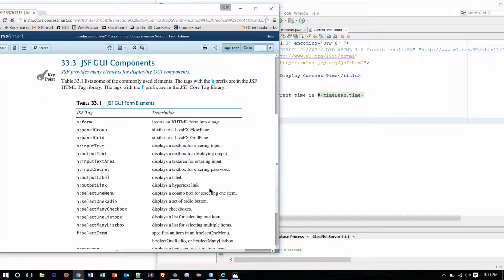So notice that we have either H prefixes or F prefixes. And as we're working with H elements, you have to understand these go along with HTML. So when we, for example, say h:inputText, that creates a text box for us in HTML. So even though